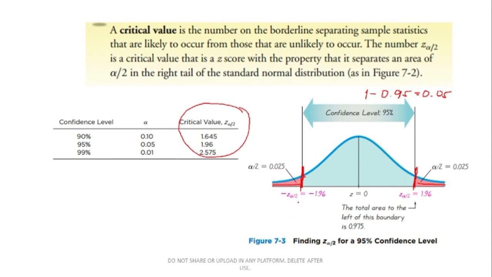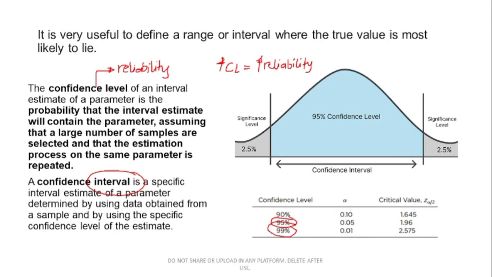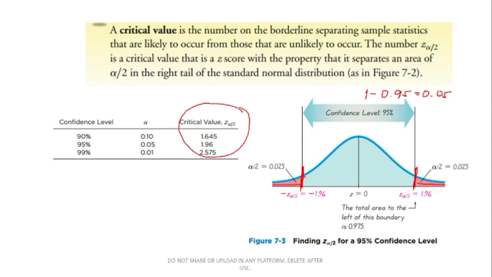So what happens if, let's say, the confidence level is not one of the usual ones? Let's say the given confidence interval is 94%. How will we get the critical value? How do we get this critical value if the given confidence interval is 94%? In cases like that, we just use our table.